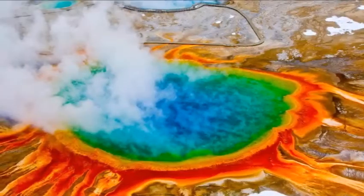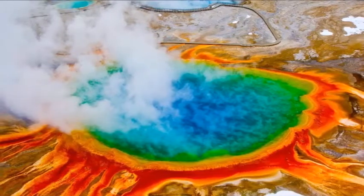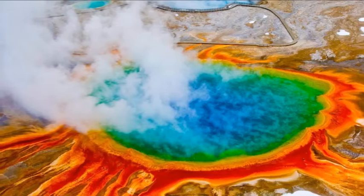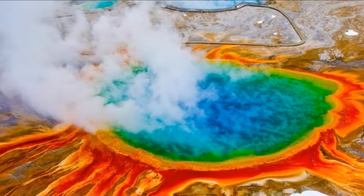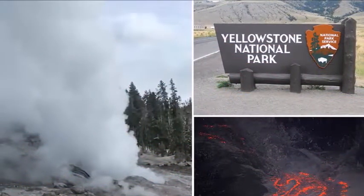The partially molten plume beneath the Yellowstone supervolcano may be even bigger than other estimates suggested. The plume may be surrounded by high levels of silicate rock and briny liquid. The Yellowstone volcano last erupted explosively